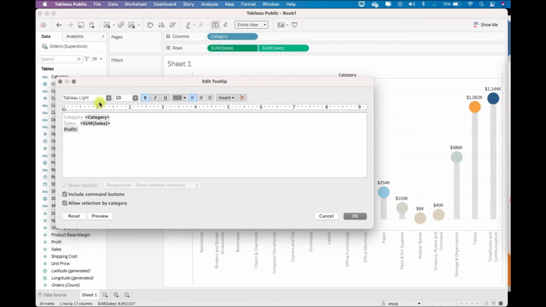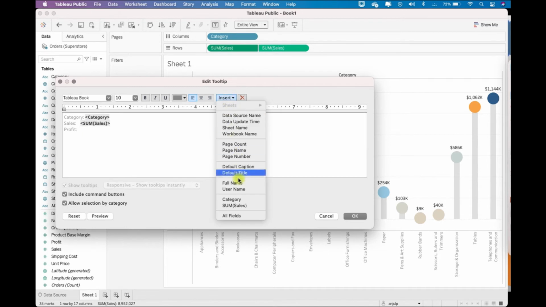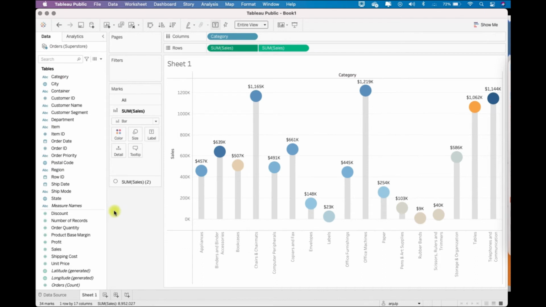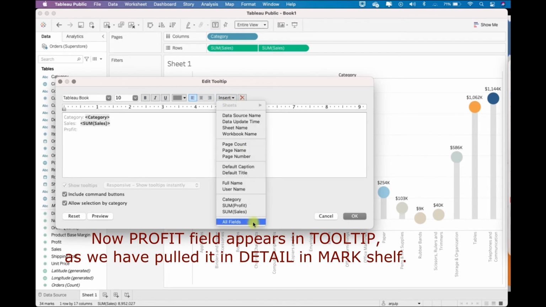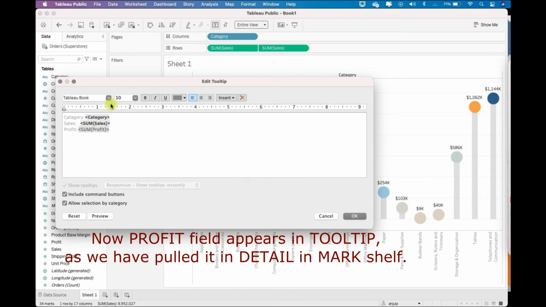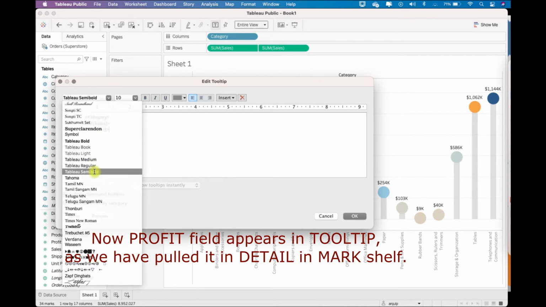So we put Tableau Book same here, and this not bold, and then insert the profit also, but profit is not present here. So what we can do is bring the profit into detail. This way you can bring any field which you want in the tooltip. So now we have profit also here. Just insert the profit and we'll take it semi bold.